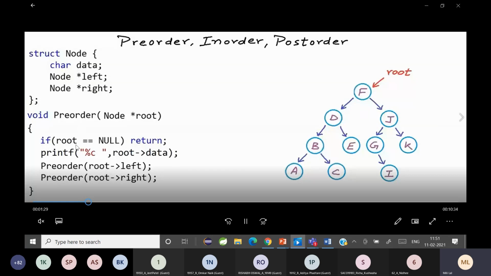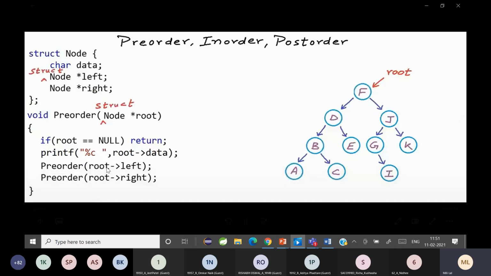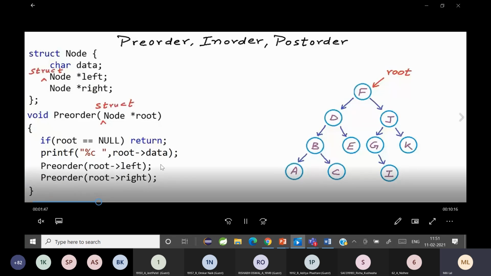What it is saying is: if the root is null, that means the root doesn't have anything, then return. Otherwise, print the data, then go to the left recursively, and after completing the left, go to the right. Now just follow the video how it is saying.